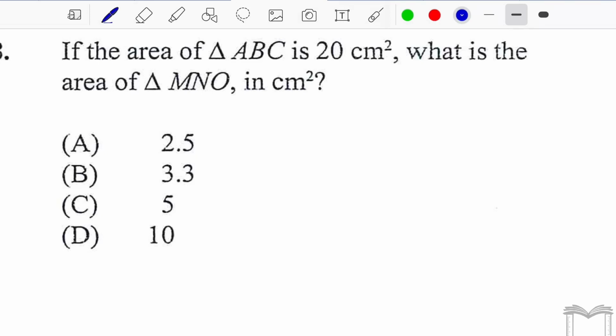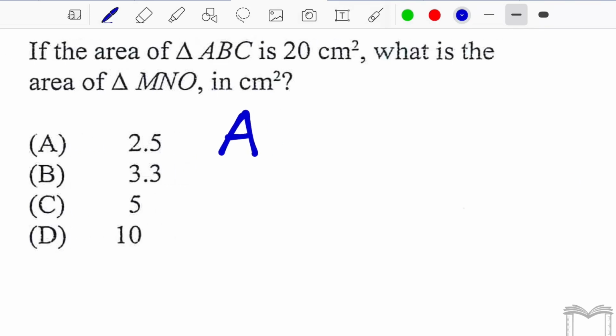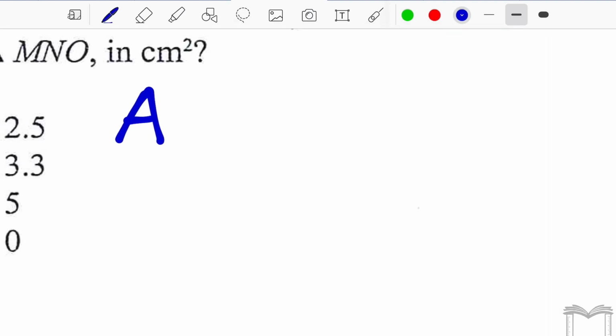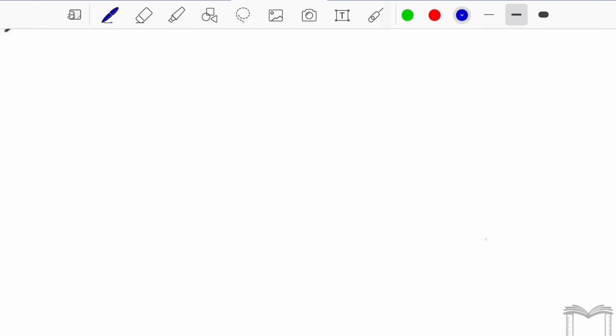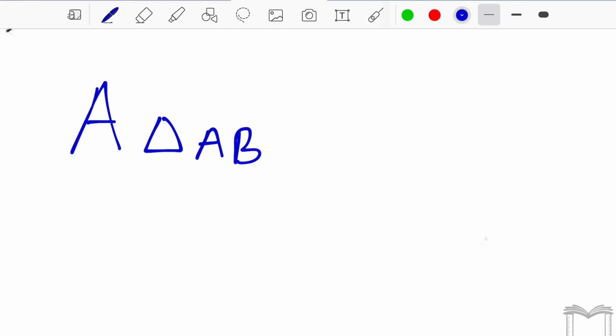So let's put that down. The area, A for area, the area of triangle ABC